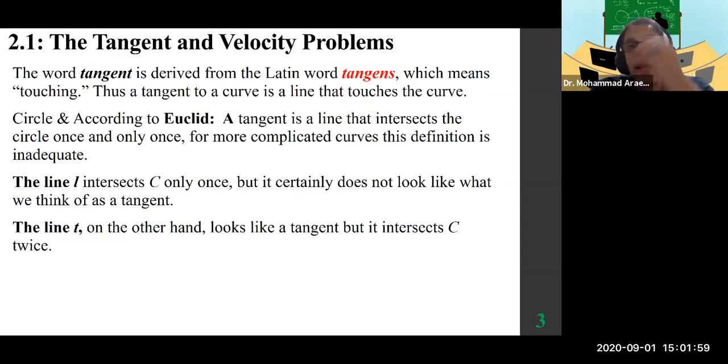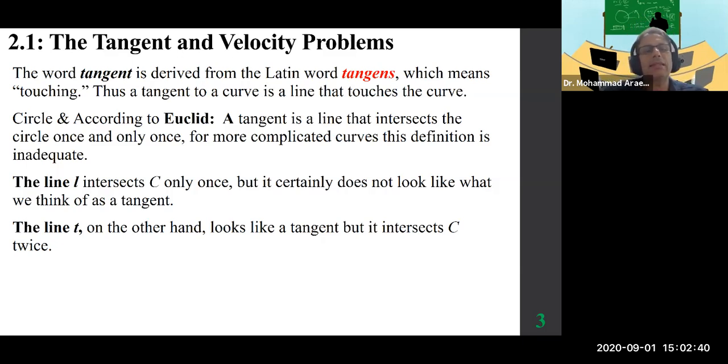First, the concept of a tangent. The word tangent really means, the root of that comes from Latin, is tangens, which stands for touching. So there is a Euclidean definition, which says a tangent is a line that intersects the circle once and only once. And that is fine and dandy for something like that, but it may not work for all shapes. So